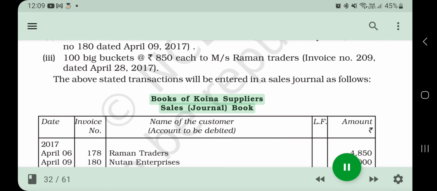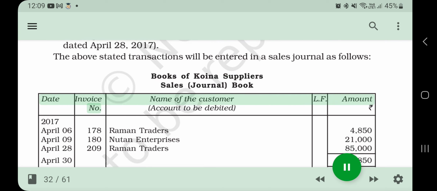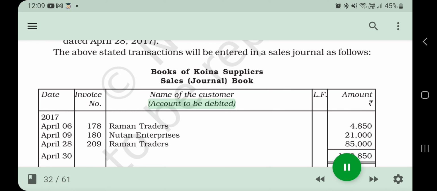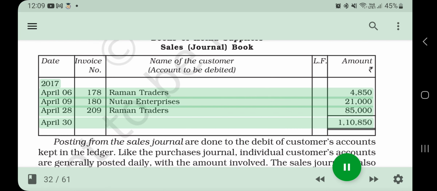Books of Koina Suppliers, Sales Journal Book. Date, invoice number, name of the customer, LF, amount, account to be debited. 2017 April 6, 178 Raman Traders 4,850; April 9, 180 Nutan Enterprises 21,000; April 28, 209 Raman Traders 85,000; April 30,